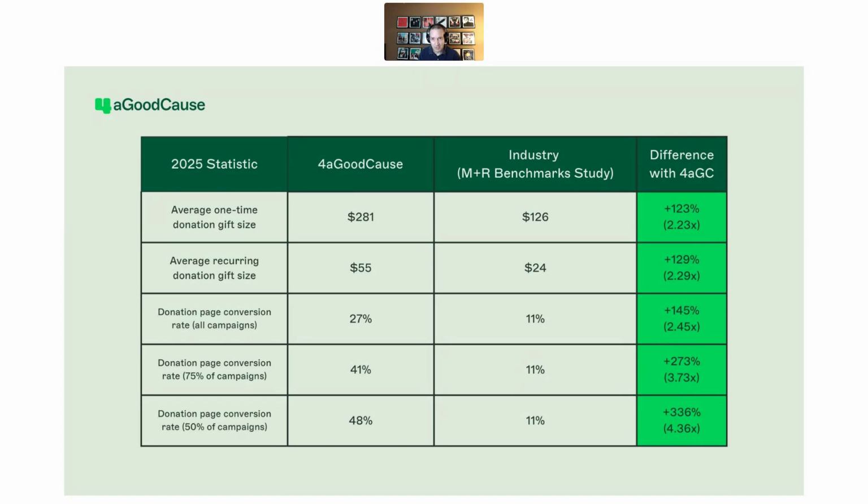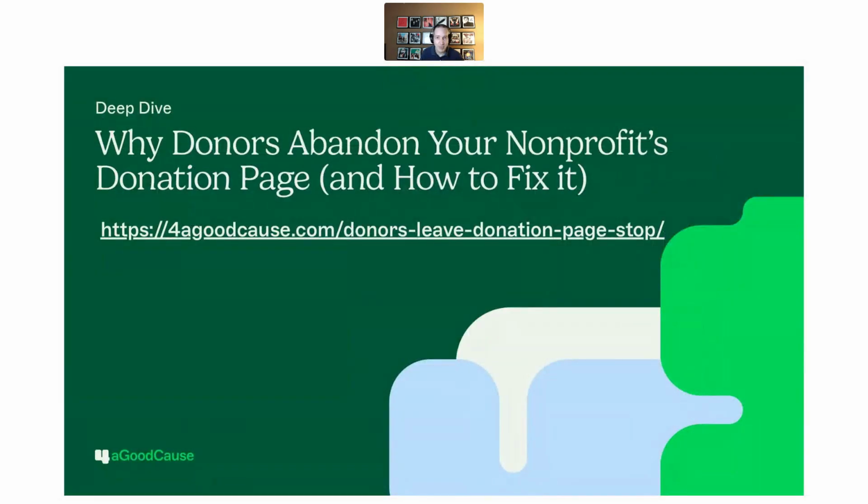These industry benchmarks come from the M&R benchmark study that comes out every year. So these pages are really working well for our clients, helping you earn more per donor and per donation. And this is really because we put the 25 years plus of best practices into these. If you want to explore more on why these pages are working really well, I've got a couple of resources